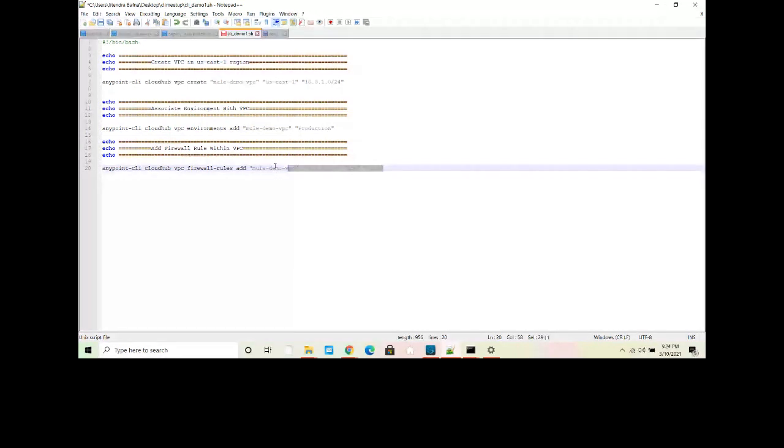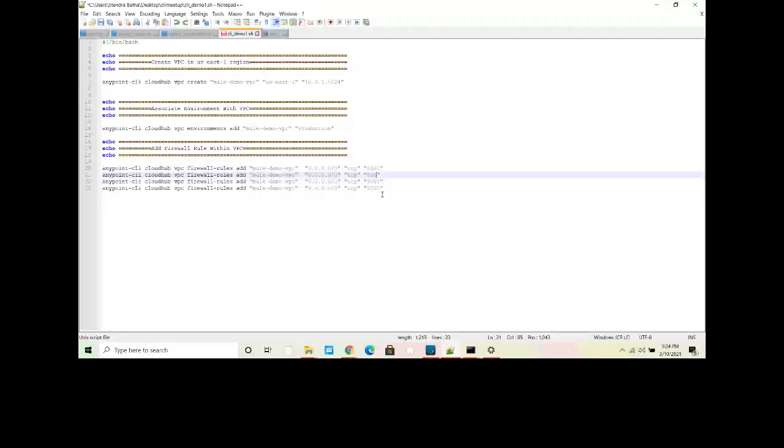Let me copy this command. I will add more firewall rules. For Mule demo VPC, I will say 8082. Then I can say 10.0.1.0/24, because I want to allow some ports within the VPC only. Then I can say 8091.